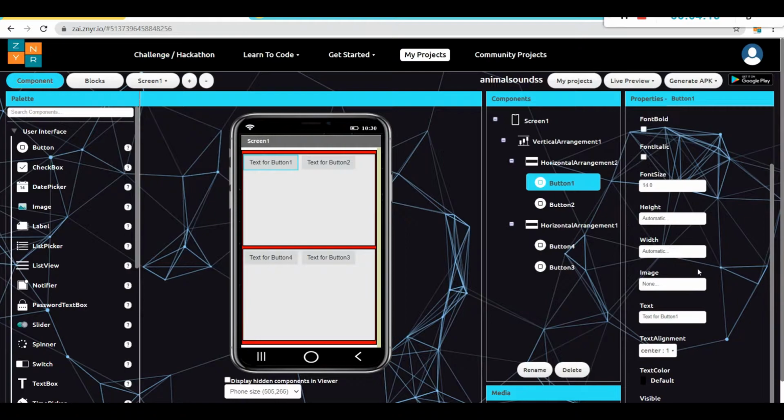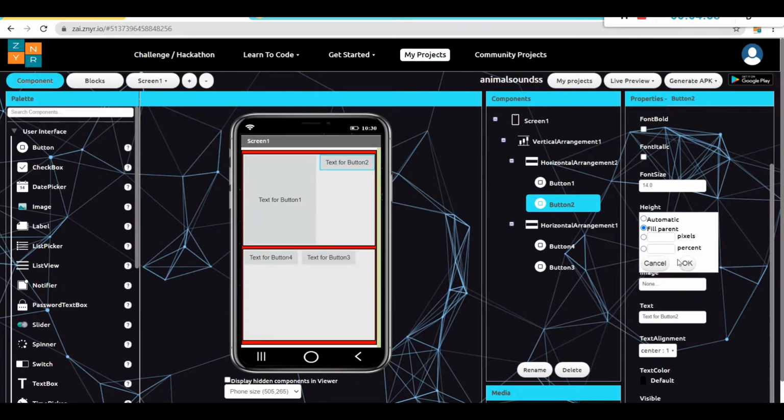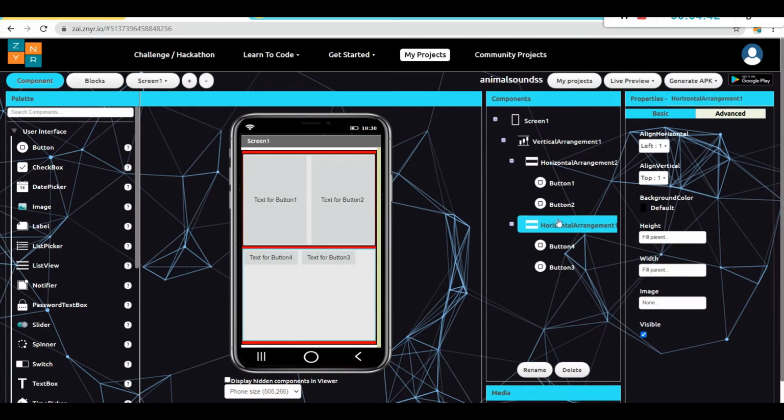So I'm going to the property, using the option of fill parent, and width 2 if required I can change. Similarly, we are going to process the text buttons 2, 3 and 4. Same thing, I'm just clicking button 2 and changing its height and width. Similarly, the fourth one.